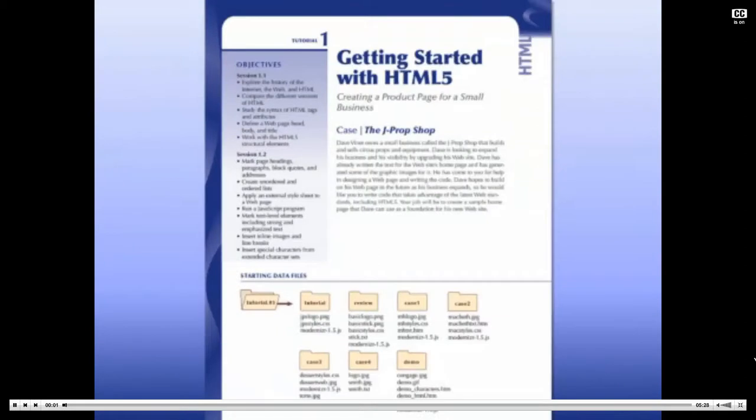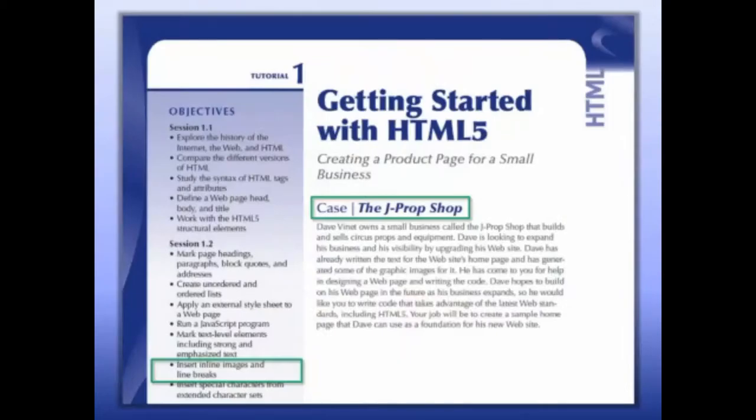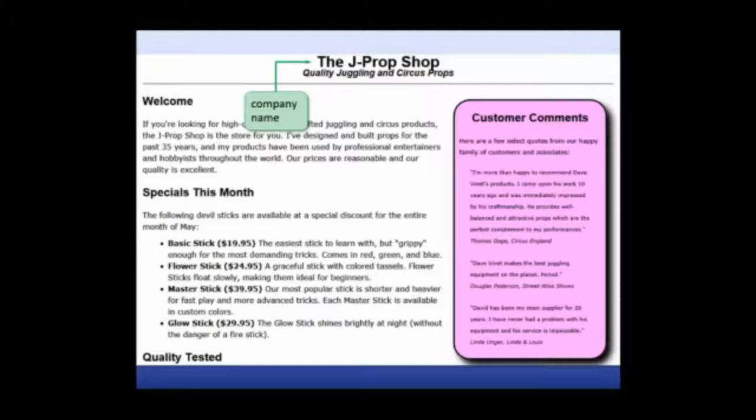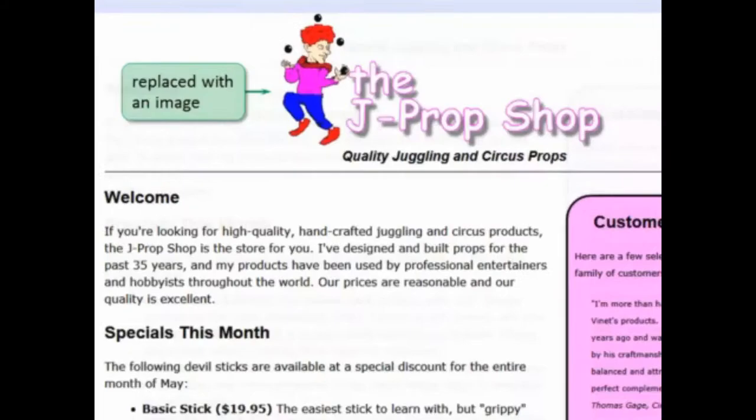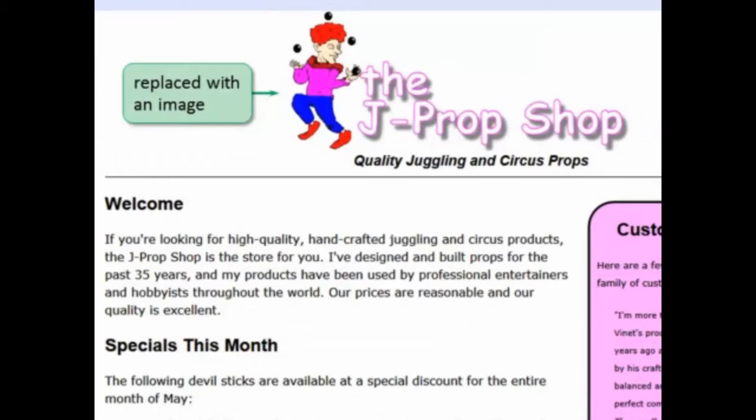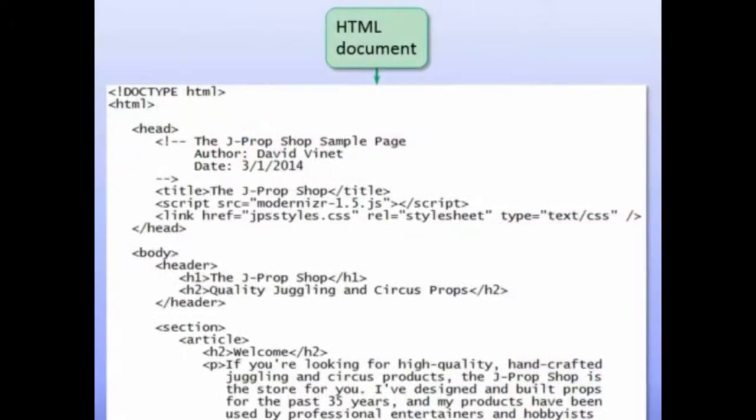In this video, you'll learn how to insert an inline image on a web page for the JProp shop. This web page for the JProp shop displays the company name at the top of the page. To make this web page more visually appealing, you could replace the name of the company with an image of the company logo. How do you do that in the HTML document for the web page, which is a simple